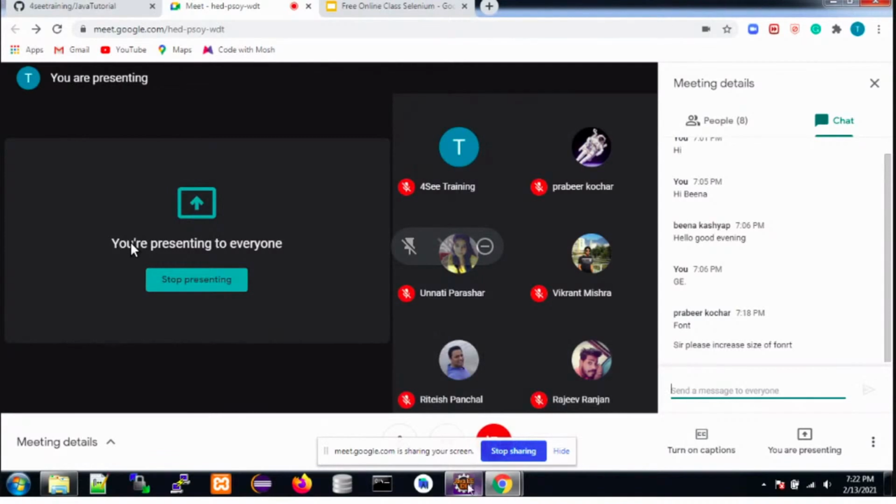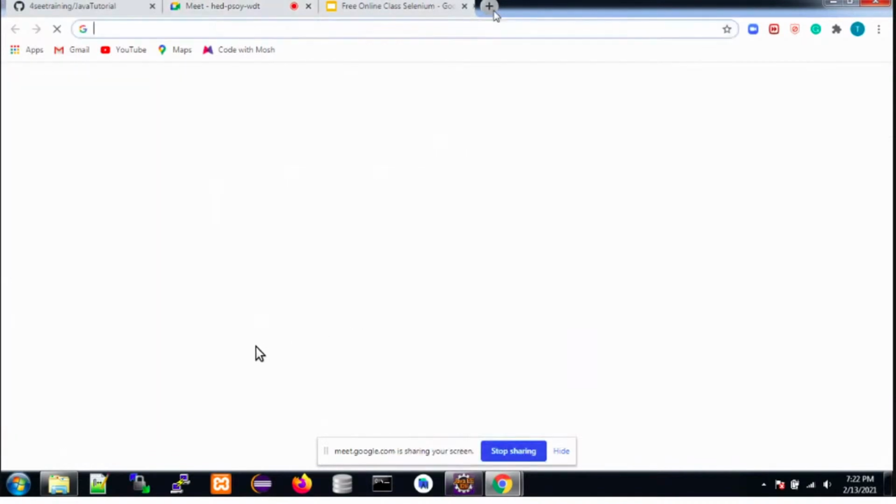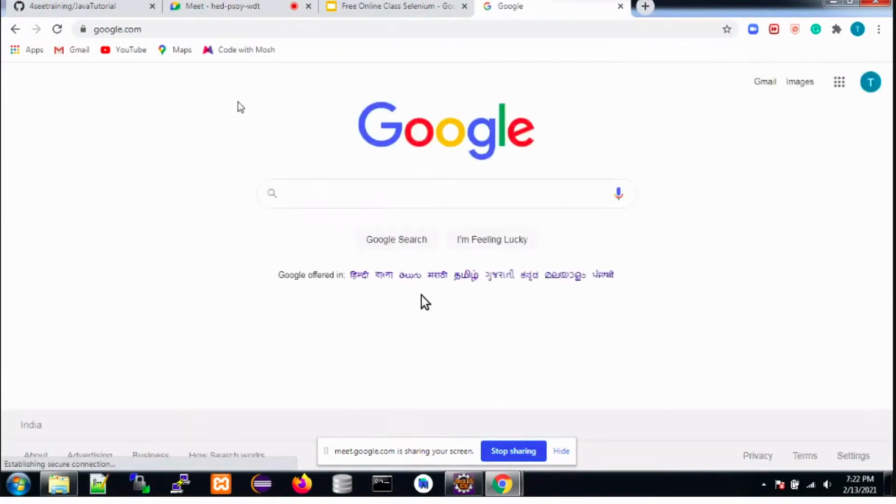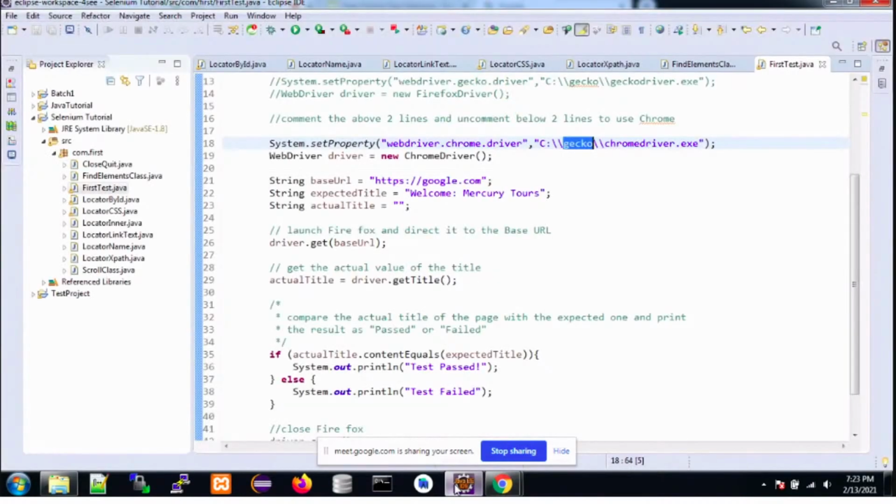Okay, so I was showing one thing. Let's say I have opened the google.com page. In the first program that we have just seen, we are comparing the title of the page. On the tab, if you hover the mouse pointer over it, you will get the title.